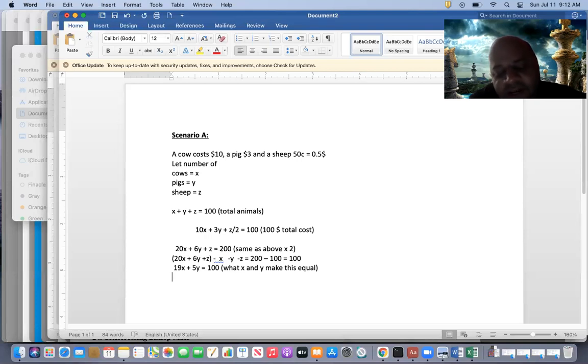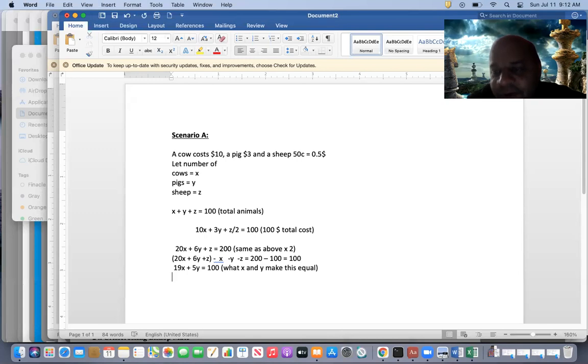So let us put the smaller number, which is the pig, here, right? Let y be the number of pigs. If suppose y was 0, it cannot be negative, right? We know that there is no way you can buy negative animals. You can buy some number 1, 2, 3, 4, or you may have 0 of them. 0 is also a possible solution, right? But you cannot have -1, -2. So let us start with 0. If y is equal to 0, then 19X is equal to 100. And X also has to be an integer. Is there a solution possible?